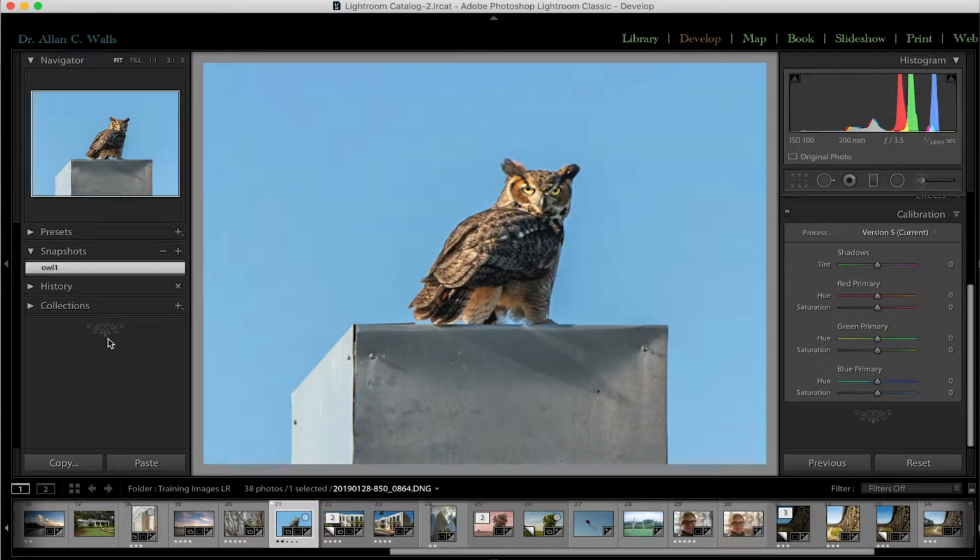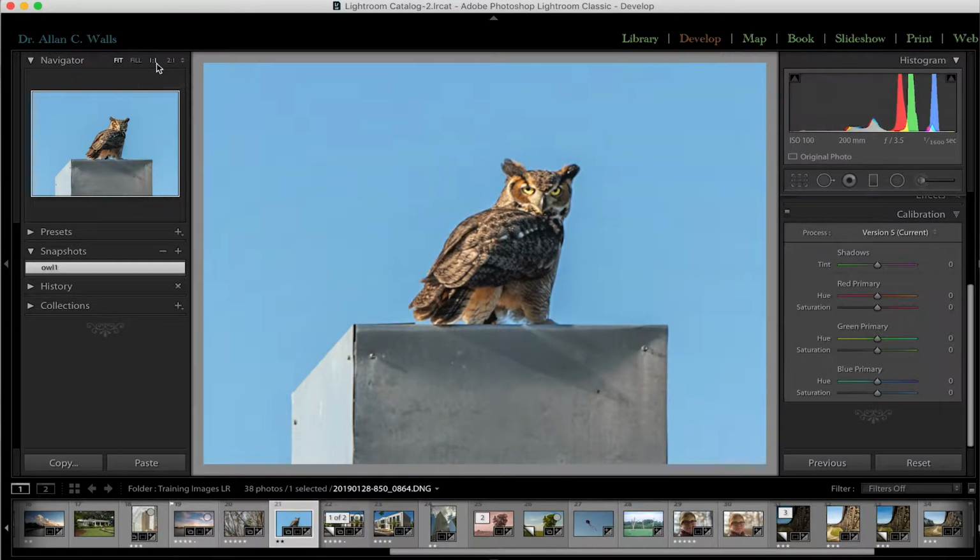So we can move away from that, and we're going to get back over onto the left-hand side of the develop module and look at the things we didn't cover previously. On the left-hand side of the develop module, at the top is your navigator, and that is exactly the same as the tool in the library module. Basically, it allows you to preview the photographs in your film strip,